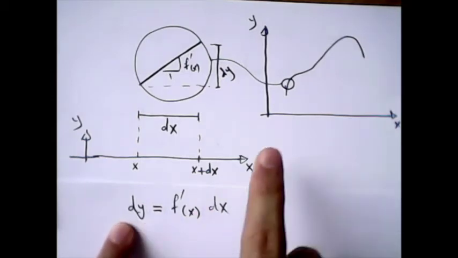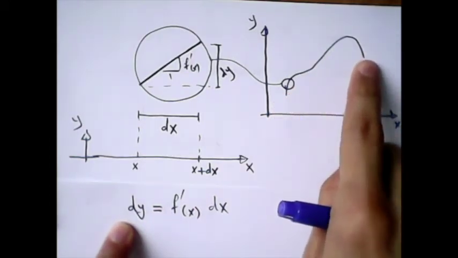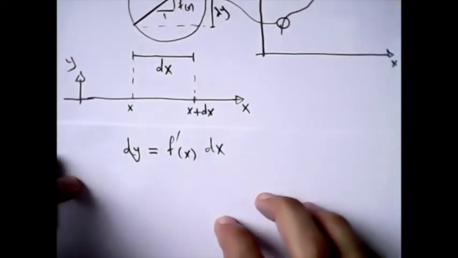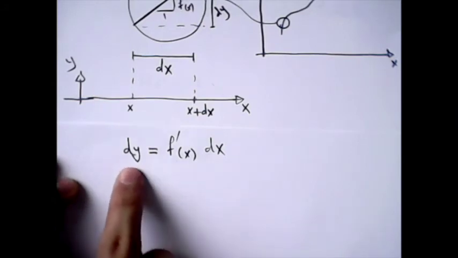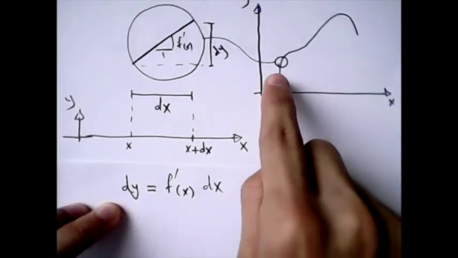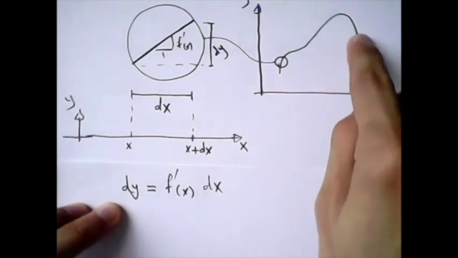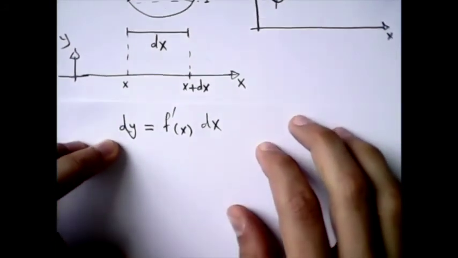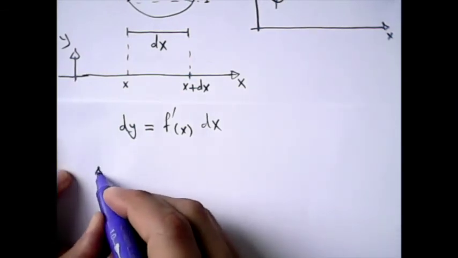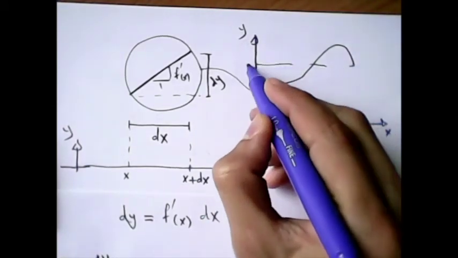Now let's see. If we go one tiny step forward, we'll go up by dy. How many tiny steps do we have to go from one side of the mountain all the way to the other? So many of them, an infinite number. So let me see if I can add all of these dy's together to get delta y, which was the difference from this point to this point. Let me add all of the dy's up. So I would like to say that delta y, which was this height here,